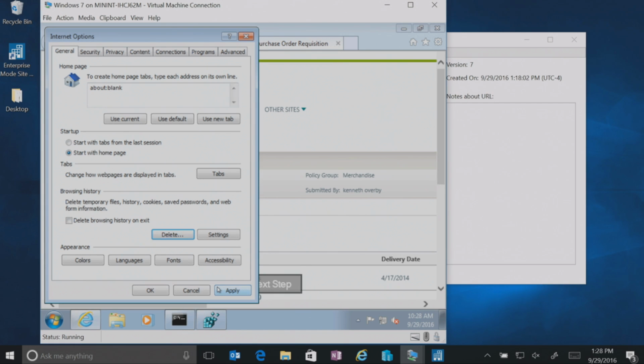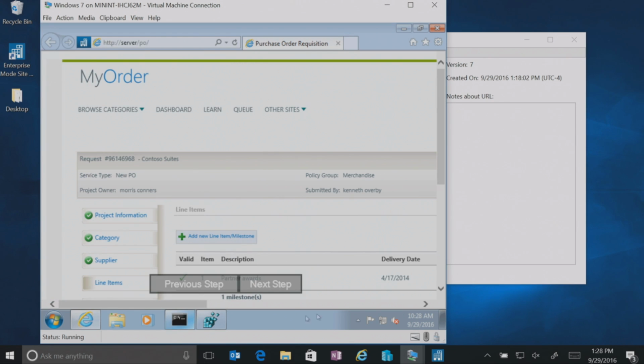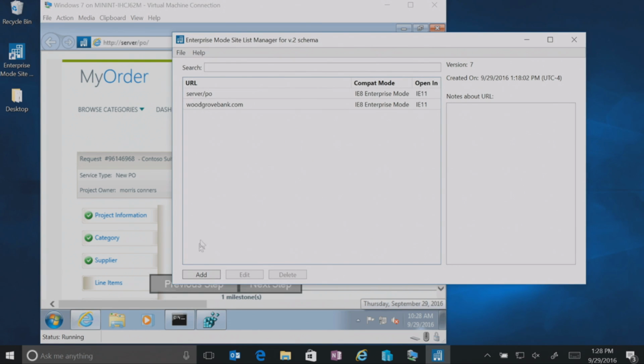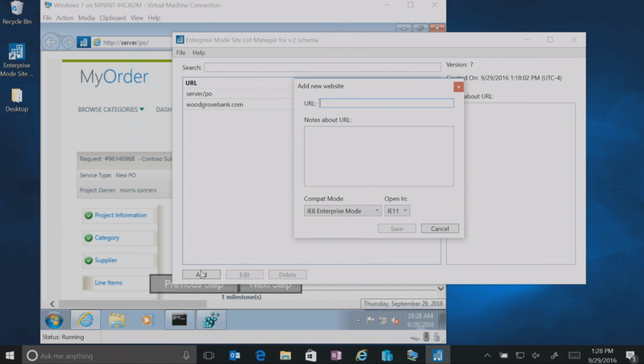All right, let's keep going. So now we got the site to work properly in Windows 7 on IE11. Oh, there's one more thing I wanted to share with you, and that's another gotcha. We do have support for port numbers. So if we wanted to, we could add something like server port 8808, and tell it to run that port